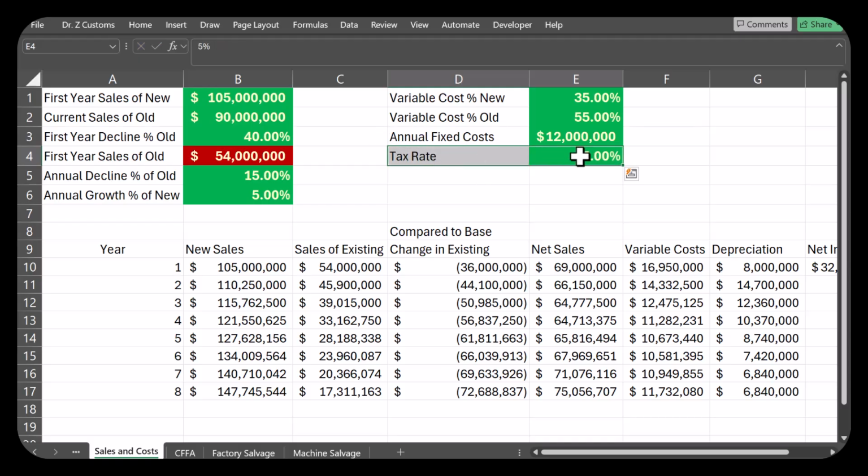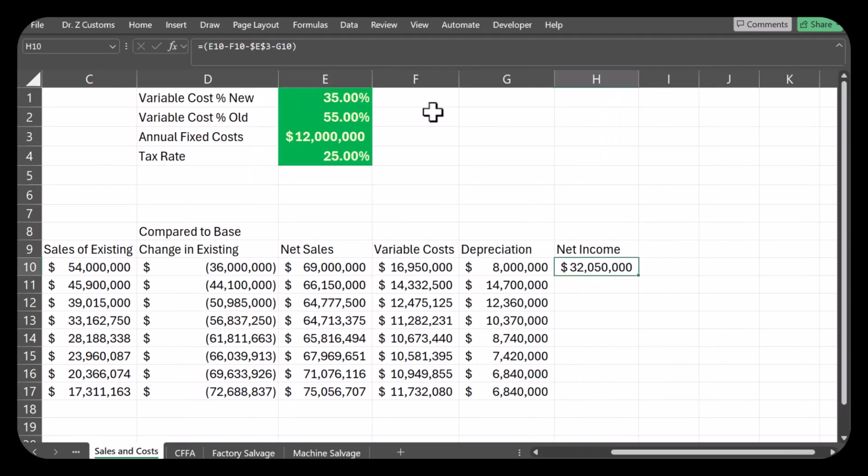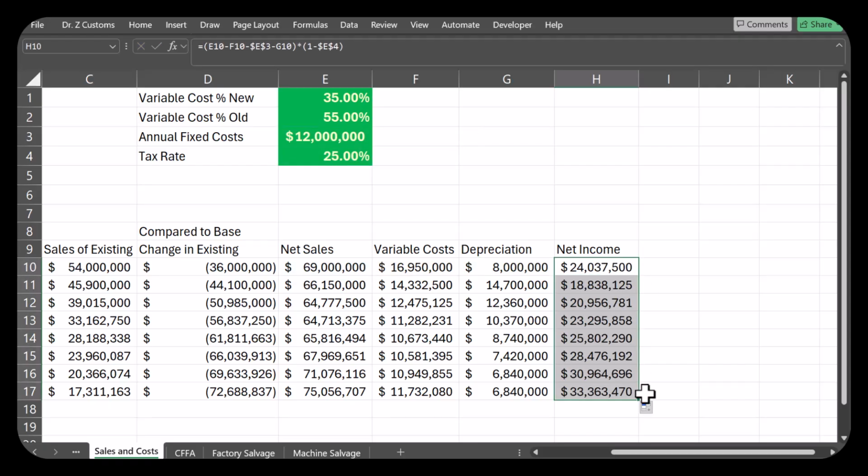So let's put in our parameters. 25. So multiply that by 1 minus the tax rate. So for each year, we now also know the net income. But that's not the cash flow concept we want, because that's an accounting number. Cash flow concept we want is operating cash flow, which means take the net income, add the depreciation back. And I'm going to do it directly on the CFFA page. I could have done it here, but